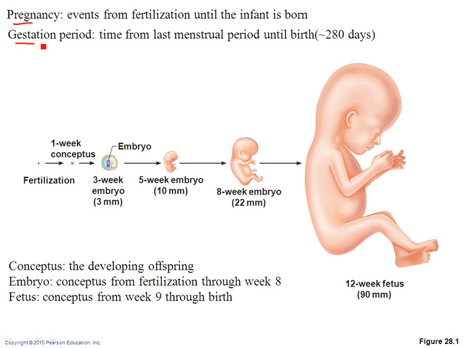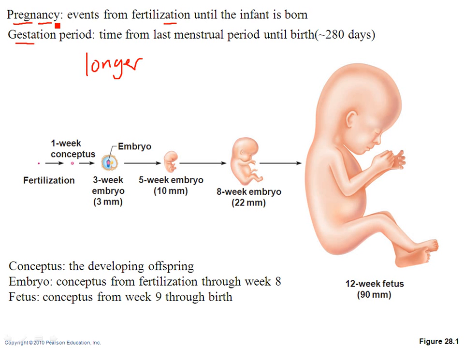Okay. So first, before we talk about this, let's get some terms. Pregnancy versus gestation. We've all heard of someone that's pregnant, right? We may not have heard somebody that's gestating. We don't tend to use that term. Pregnancy is the events from fertilization until the time the infant is actually born. Gestation is a little bit longer period of time. It's the time from the last menstrual period until birth. So remember, you have your menstrual period, and then 2 weeks later you should ovulate. That's when you would get pregnant, and then, of course, the baby would be born. So gestation is a little bit longer period of time than pregnancy. So you may hear those words, but they are a little different. They don't mean exactly the same thing.